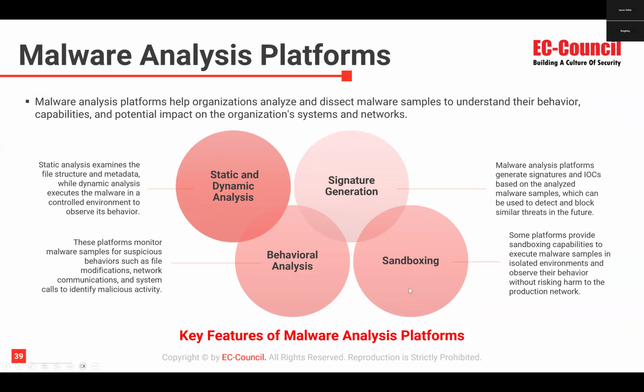Malware analysis platforms. These will take static analysis and examine file structures and metadata, doing hashes of the data itself, while dynamic analysis executes the malware in a controlled environment to observe its behavior. So yes, we will actually take that malware, deploy it into, say, a VM or a container or something that is completely sandboxed, and then see what happens when that gets deployed. These platforms monitor malware samples for suspicious behaviors, for file modifications, network communications, and system calls to identify malicious activity. This is where your EDRs will really come in, your endpoint detection